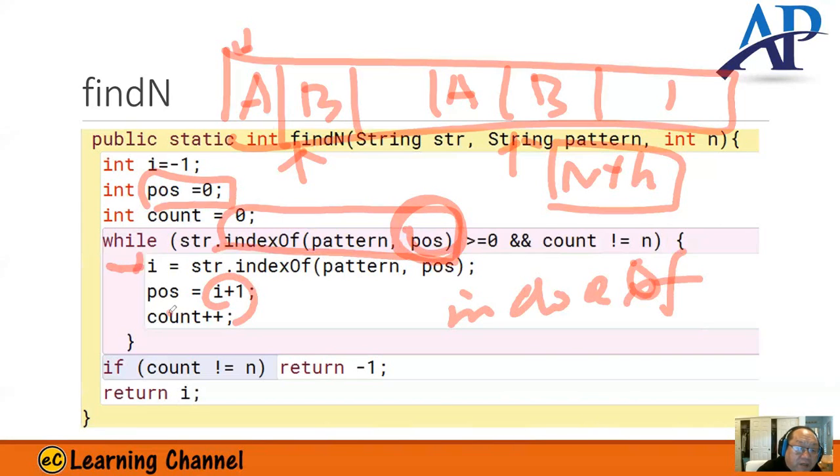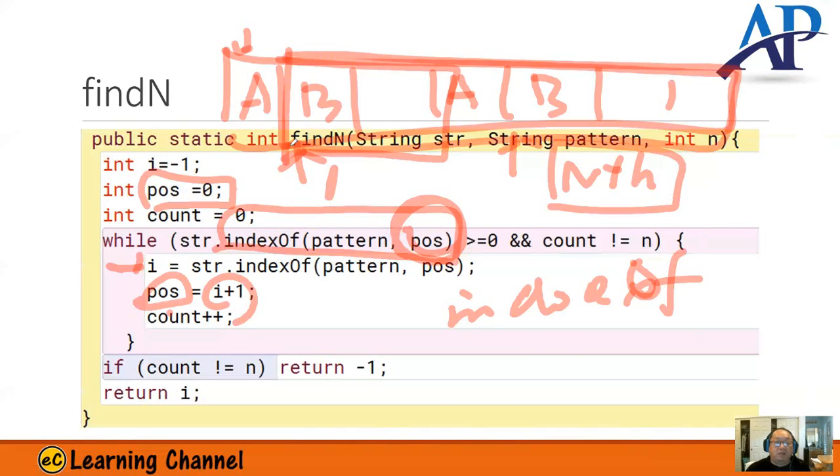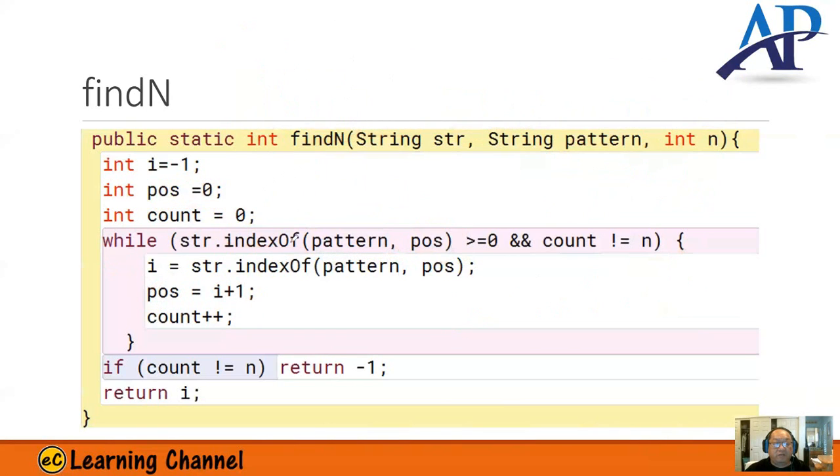After my search, I update my parse to 1. So I started to search from here. From here to the end, I search again. So this one is called find the nth occurrence with overlapping structure. What is this for? This one actually is for